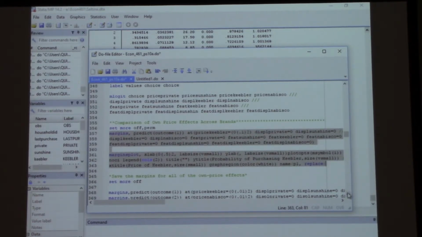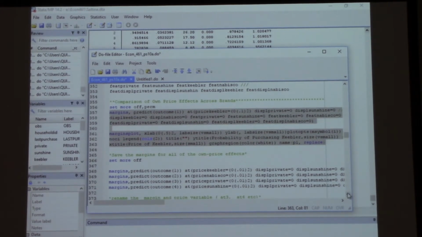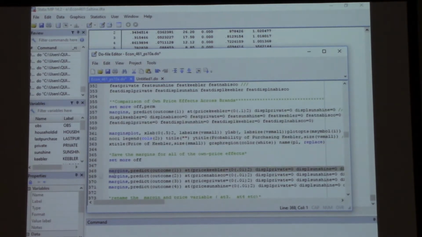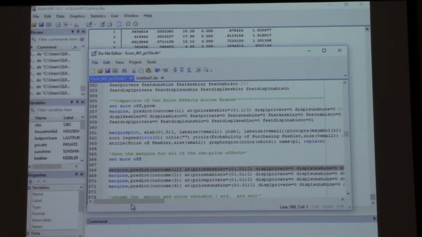What we want to do is compare these, compare some of the own price effects. So we want to save the margins before we get to the cross price effects. We want to save the margins. Essentially, look at this first one. Predicting for outcome one over its own price, and I'm setting everything else equal to zero, all the promotional effects